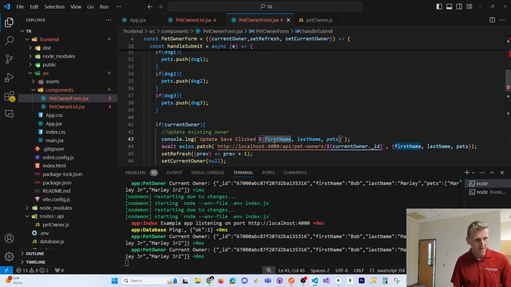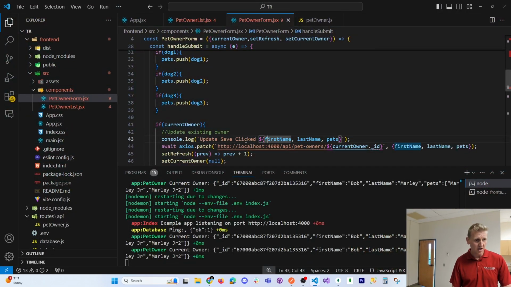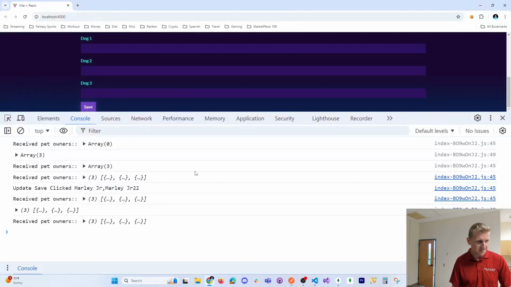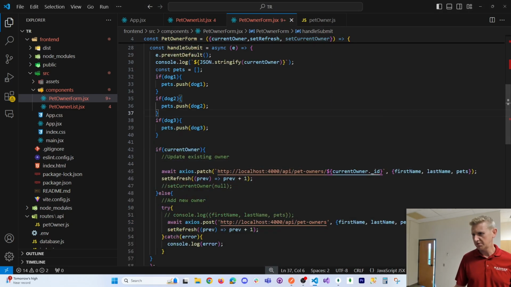Okay. Here's what I'm gonna do. I'm gonna pause and clean up all these console logs. I don't need all this. And also figure out why my first name and last name, noticing right here, update, save, click, it's just getting the pets. For whatever reason, it's missing first name, last name. Assumingly, it's also missing the current owner ID. So I'm gonna clean this up just a little bit. Be right back. All right, so in my troubleshooting, I was trying to simplify my code a little bit by